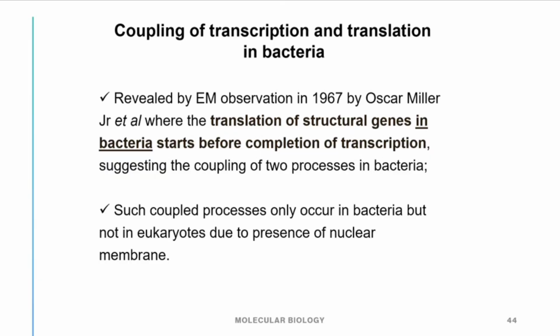Because of that, we can expect prokaryotic cells to generate protein a lot faster than eukaryotic cells, because once they start transcription, they can start translation already. So there's no lag in time between the two processes,